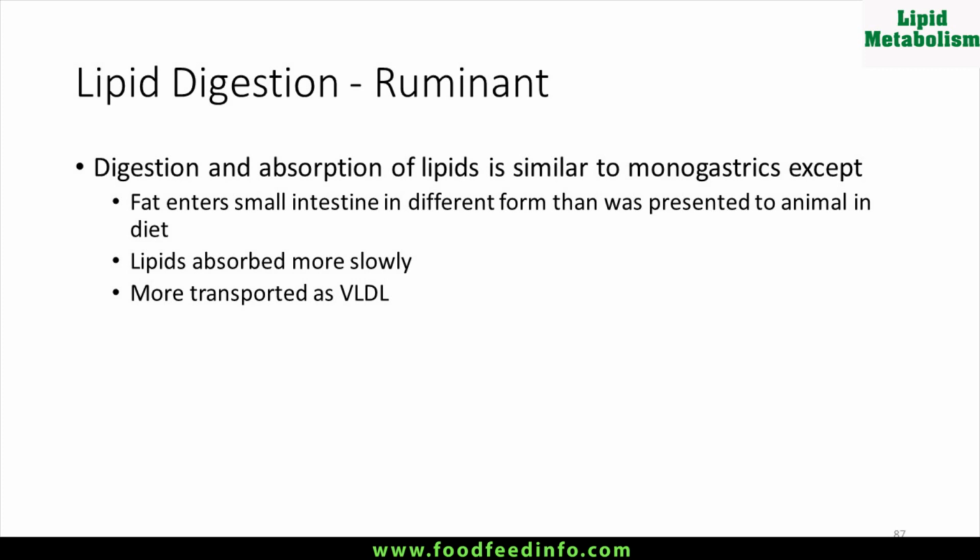When we talk about ruminant feeding, we must take care of the amount fed, because an excess amount may interfere with ruminal fermentation. If the ruminant diet contains more than 8% fat, negative effects of fat feeding appear. So this is all about fat digestion, absorption and metabolism, both in monogastric species and in ruminants. Thank you.